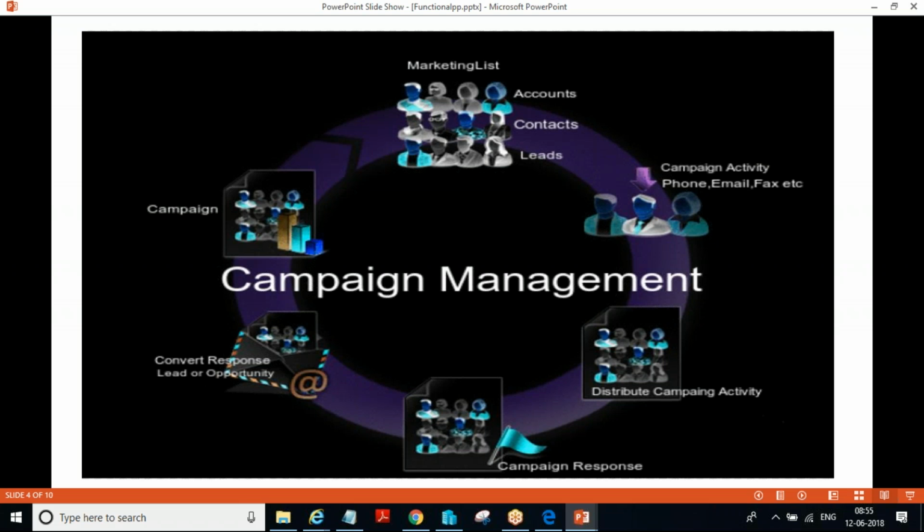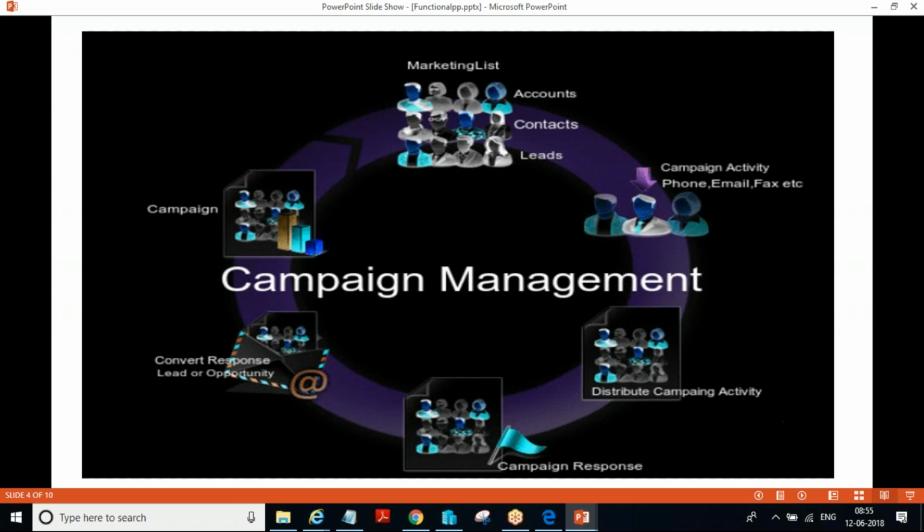They also want to promote this advertisement to lost customers. Lost customers are the customers who inquired and attended the demo, and after attending the demo they were not interested. Altogether we might have some 50,000 customers. To group all 50,000 customers, we use a marketing list in Dynamics CRM. A marketing list is used to group accounts, contacts, and leads.